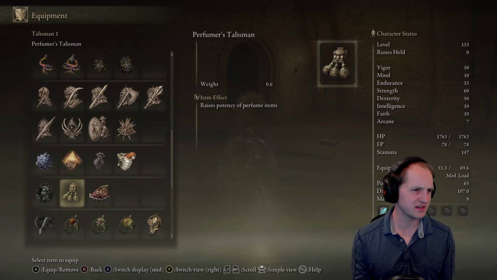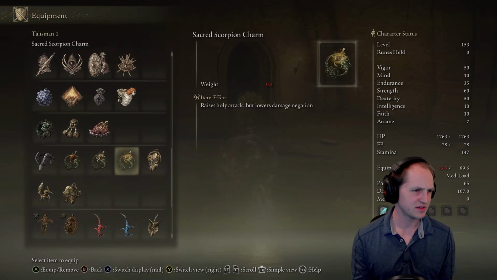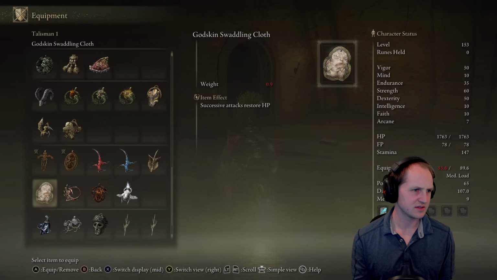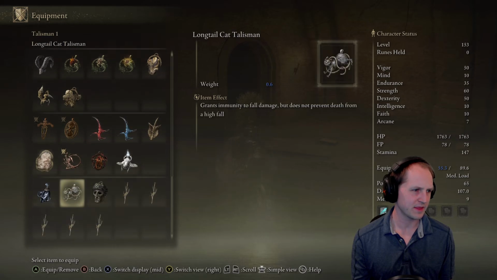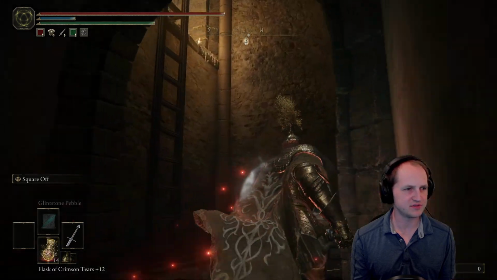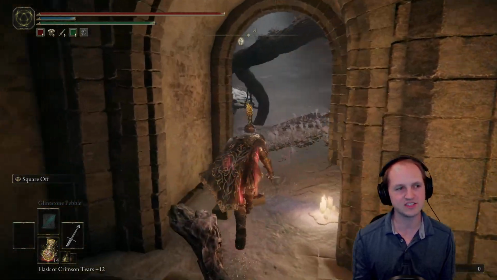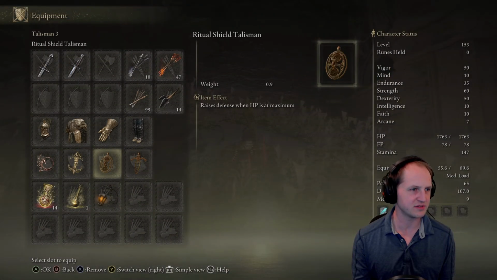That's all magic stuff. Poise. Critical hits. Poison or rot in the vicinity. Okay, so I might, let's try that. We're still gonna run into the issue of, you know, we're gonna be on a clock against rot, but if we can utilize the rot to deal more damage, I think that's gonna go a long way. And we can also get rid of